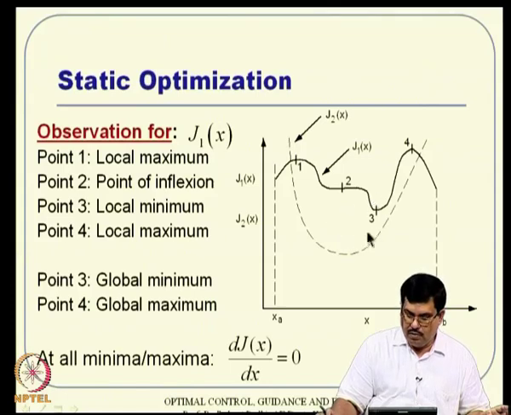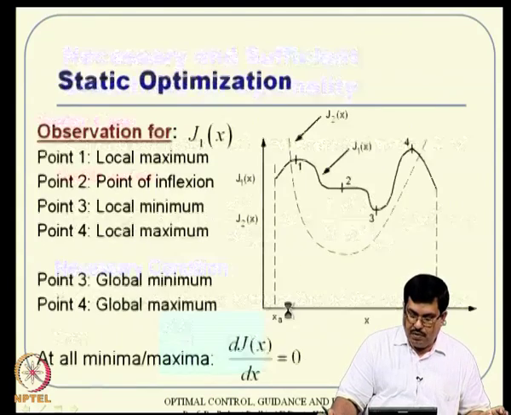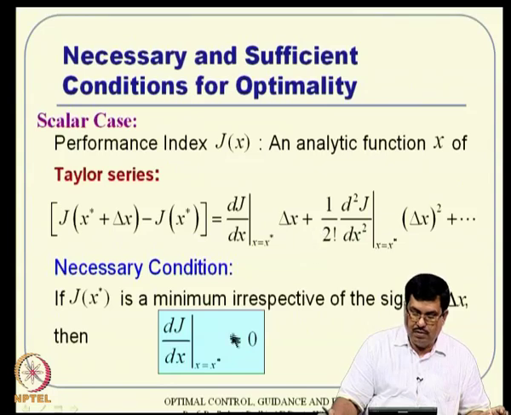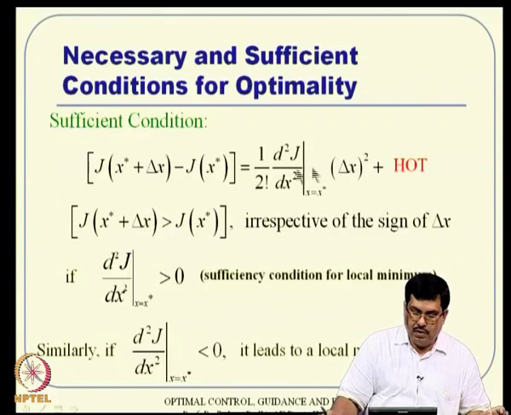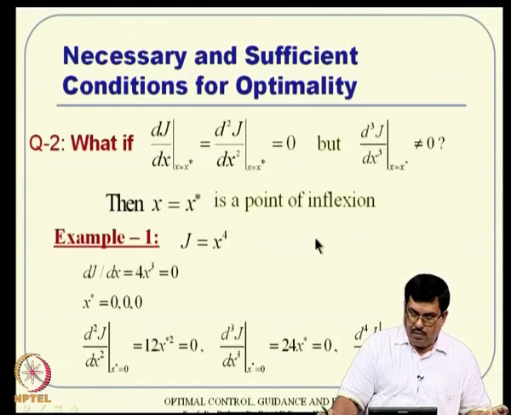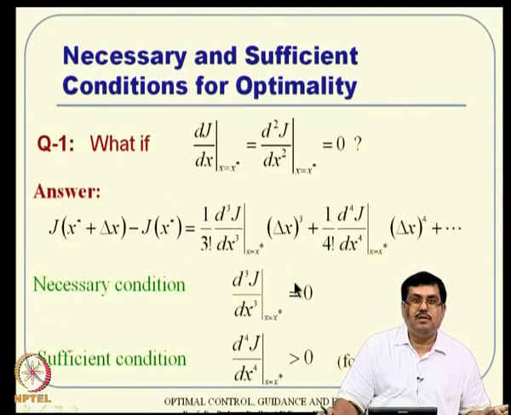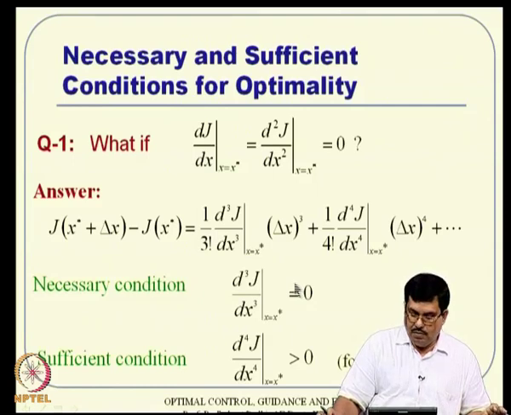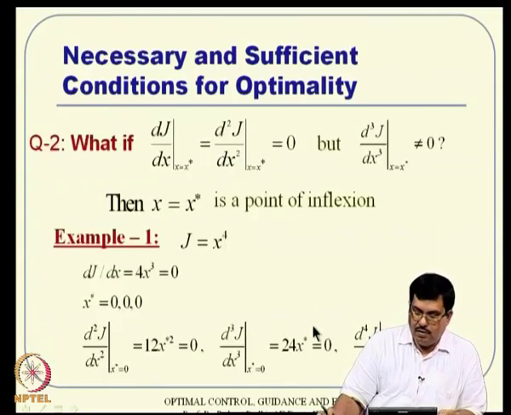Getting motivated from a simple curve, and then analyzing those points, and then finally analyzing whether the derivative is 0 or not. It turns out after rigorous analysis through Taylor series that the first derivative needs to be 0. Then we continued further with the second derivative, third derivative and so on, and it turns out that for necessary conditions all odd derivatives need to be 0, and the sufficiency condition can be arrived at with even powers and the sign sensitivity of that. So, all these things we have discussed in the last lecture anyway.